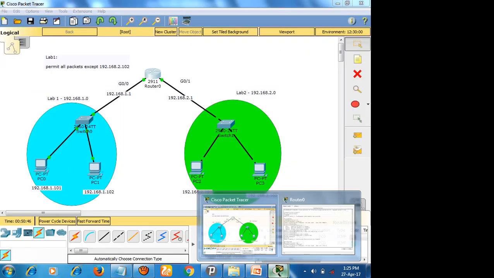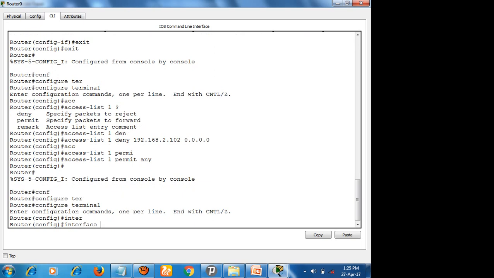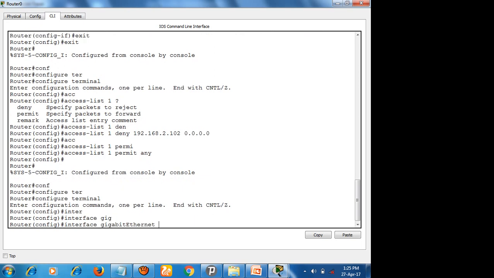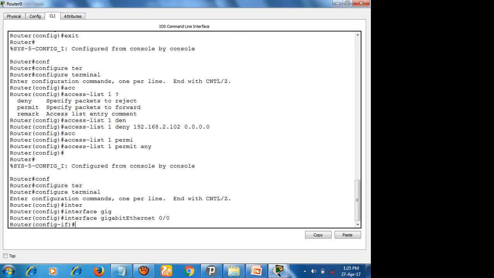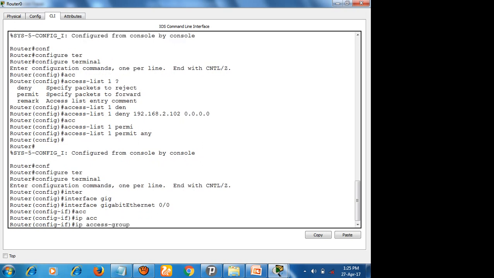So what I'm going to do is go to the corresponding interface: interface gigabit Ethernet 0/0. Here I need to specify the access group, right? IP access group, and you need to specify the ID number of the ACL, right?